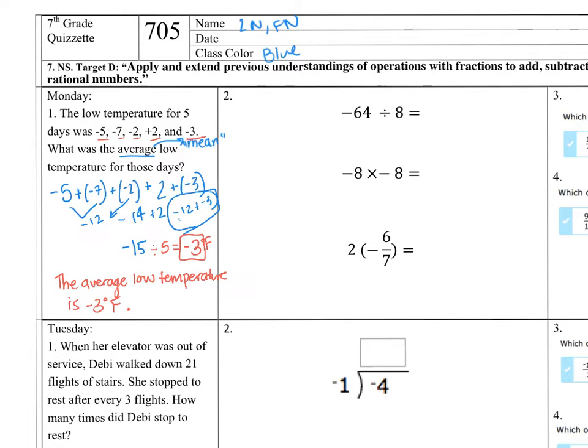So here are some rules for positive and negative numbers. If you are dividing or multiplying by 2 negatives, it turns to a positive. So for example, number 2, you have -8 times -8, that's positive 64. But if you just have 1 negative divided or multiplied by a positive, or vice versa, if the 8 were negative and the 64 were positive, you're just looking at how many negatives you have. You have 1. So your answer is still going to be negative. So when you're multiplying or dividing,